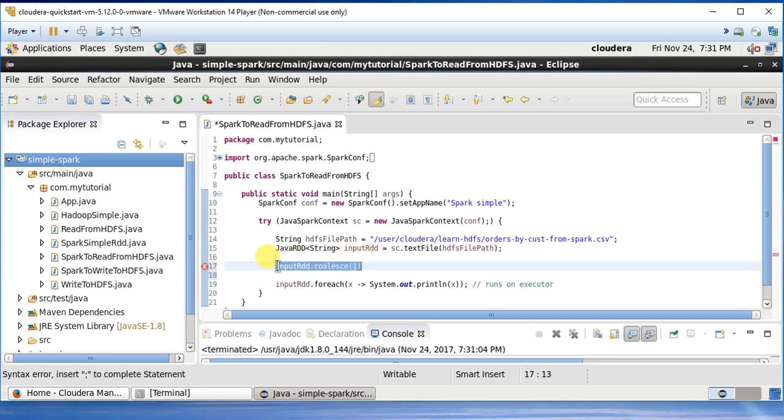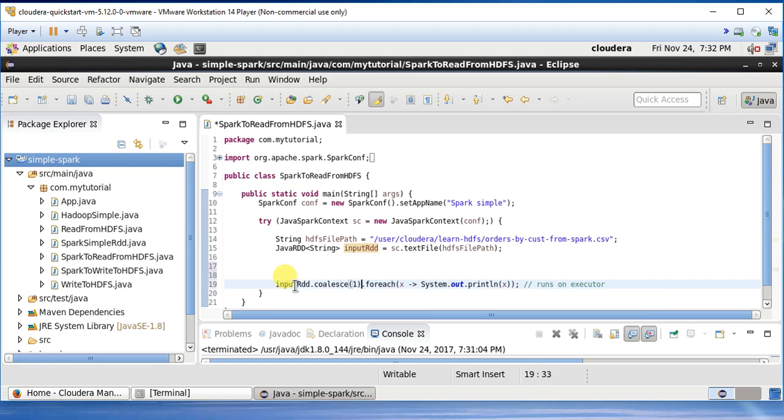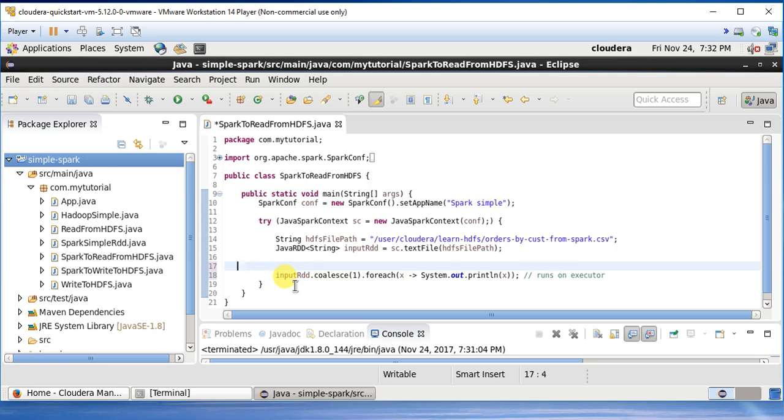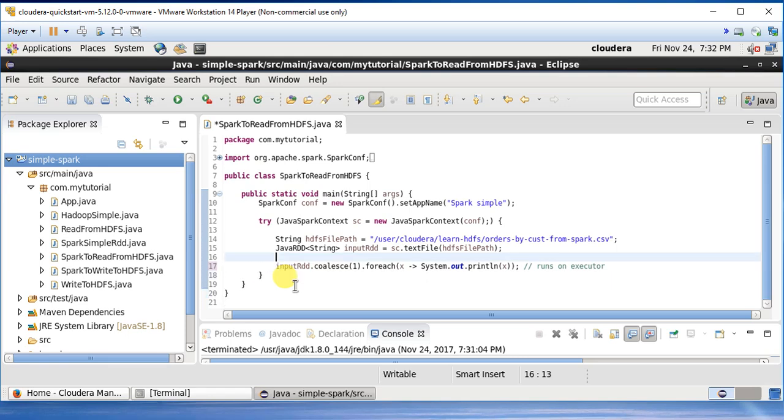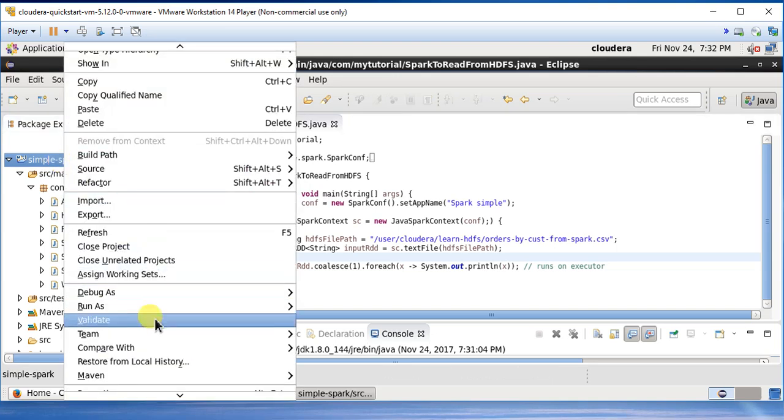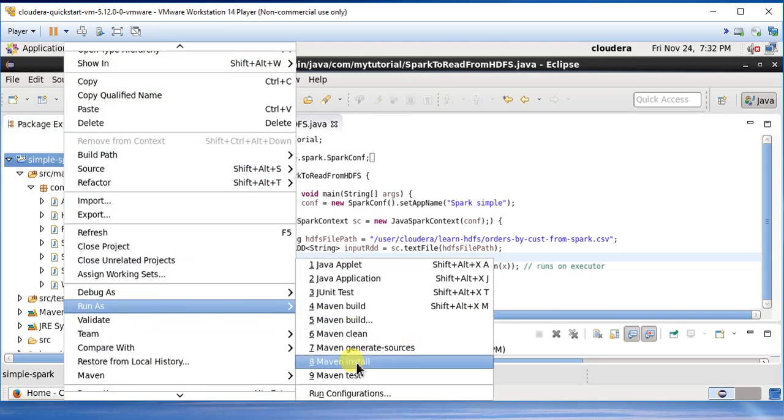So these are immutable, so you need to assign it to something before you invoke on it, because otherwise it wouldn't work, because these input RDDs are immutable objects. So I save this, I run as Maven install again,